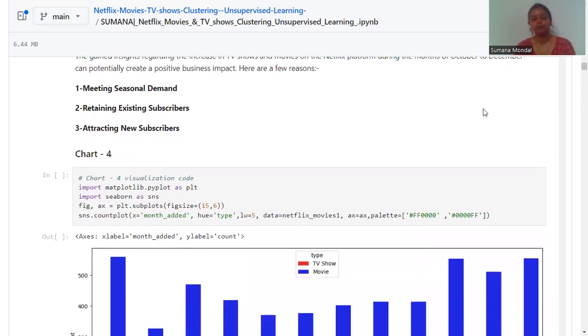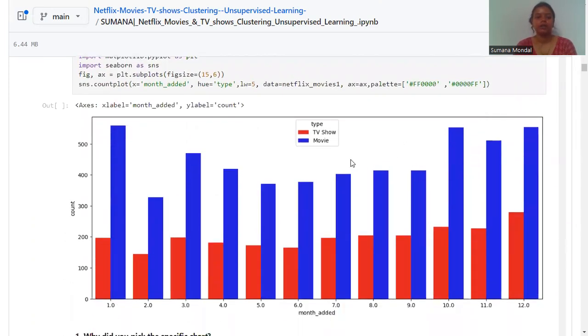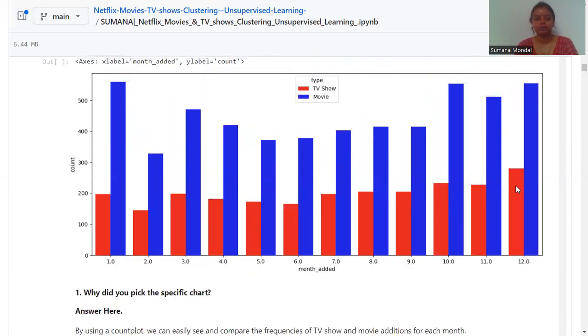Chart 4 is also a bar plot, and we are trying to relate the month added and the count versus the type. By using a count plot, we can easily see and compare the frequencies of TV show and movie additions for each month. And here you can see from that graph